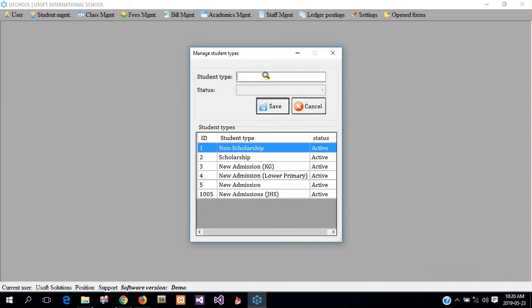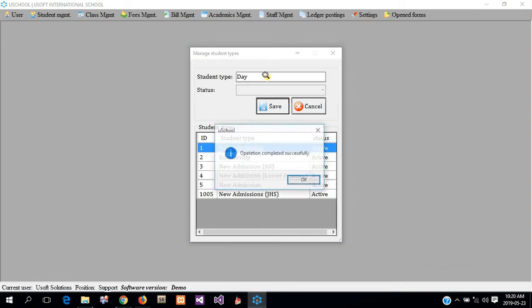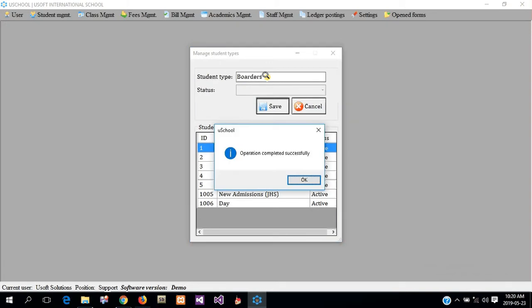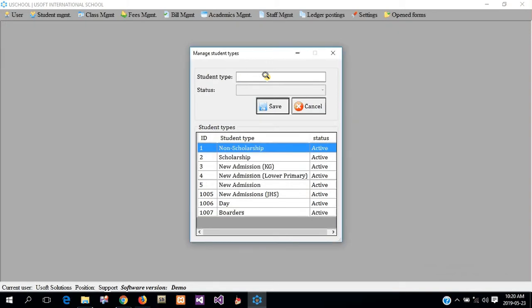That is, we group the different types or kinds of students we have in the school together so we can prepare a bill for students of that type. So you are open to have as many different types of students as you may want. So for instance, we have non-scholarship students, scholarship, maybe we have day students, and we have maybe boarders, or any other types of student that you may have,